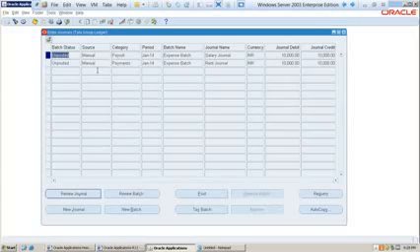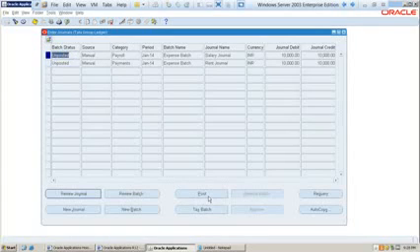What do you mean by unposted? The entry has been entered, the entry has been saved, but the entry has not been saved permanently. Once you save the entry permanently, it is going to show the status Posted, or you post the entry. Posting is nothing but posting into ledgers.